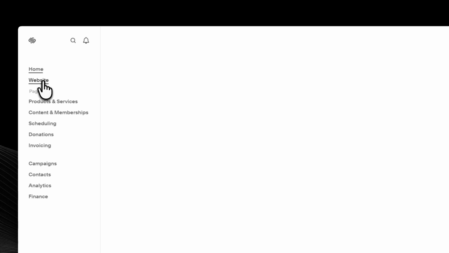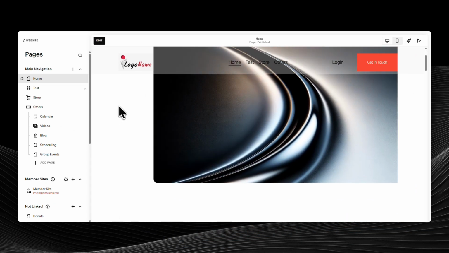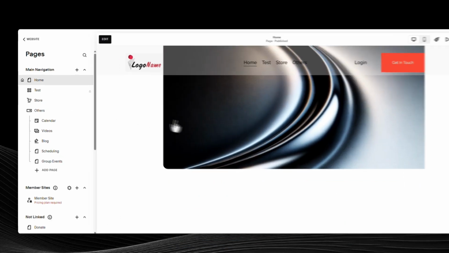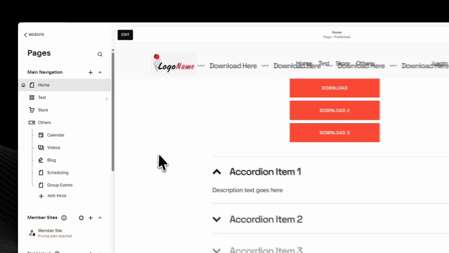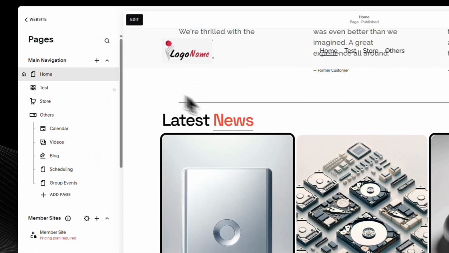To begin, open your Squarespace website and click on Pages. This is where you'll find the different sections of your site and choose the page you want to edit. Once you're there, go to the specific section where you want the hyperlink to appear. This could be part of a landing page, an about page, a blog section, or anywhere else you want to